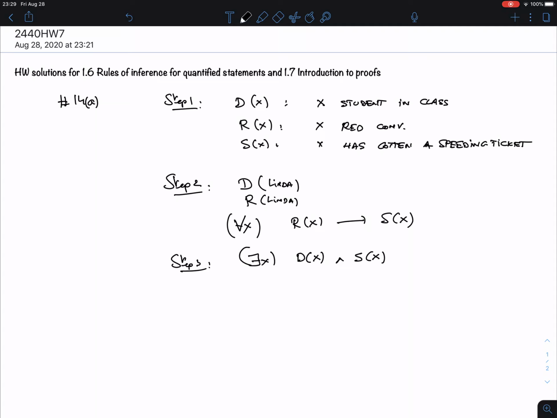S(x). Why not an implication, you might say? Well, let's see. If I put an implication, it says there is a person such that if he is in this class, then he has gotten a speeding ticket. That is weaker than saying there is someone in this class who has gotten a speeding ticket. So it is not conditional, it is really somebody in this class. It's subtle, right? In English, the sentences all sound the same, but if you really unravel what they say,